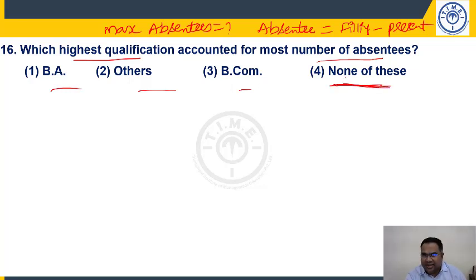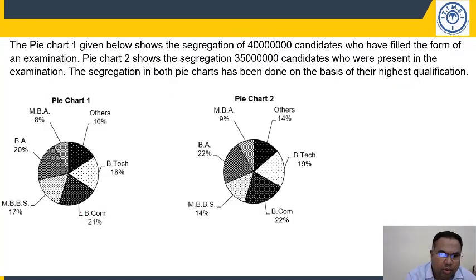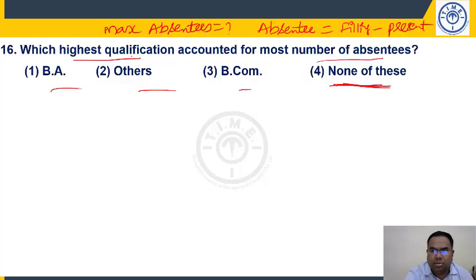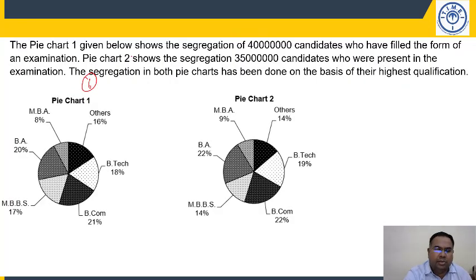This is dangerous. When none of these is given, you need to try for all the qualifications, because we have 1, 2, 3, 4, 5, 6. You have to check for all 6, because there is an option called none of these. Whenever none of these is given, you need to check for all the things. So I want to find out the maximum number of absentees, right? Try this question, then we'll discuss. I'll give you 30 seconds. You might ask me, sir, so many calculations for 6 things I have to do. No need to do it that way. I'll tell you one important point here.